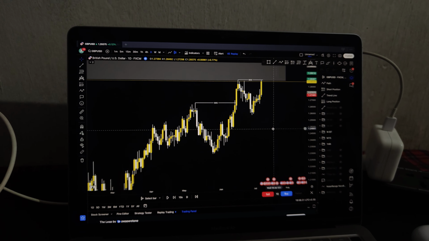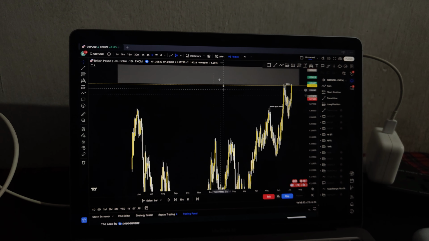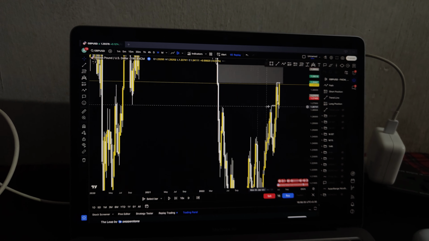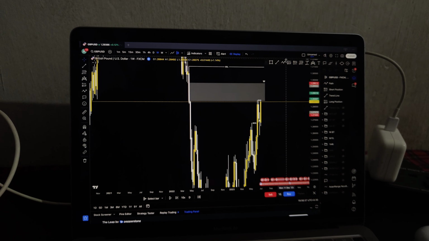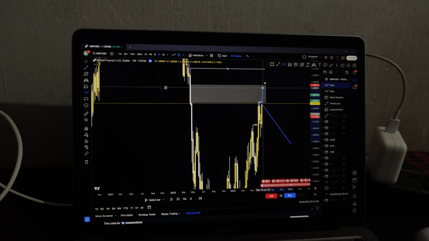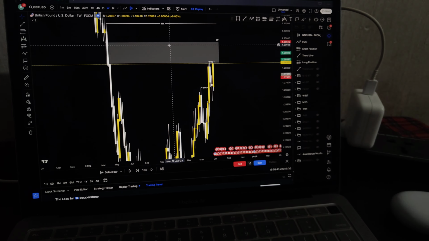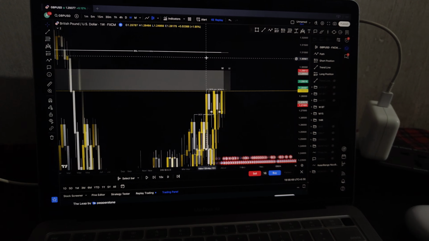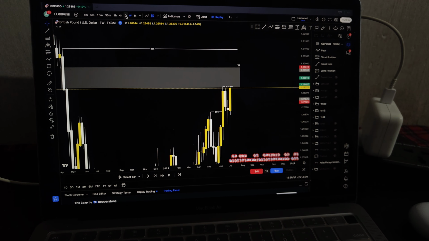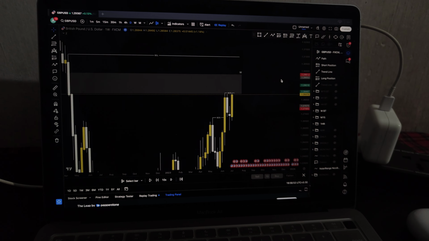Now if we go to the daily time frame, and also in the weekly, if we see clearly there is a weekly fair value gap as our target. So now we will target this weekly fair value gap, to fill up that weekly fair value gap. And our main draw of liquidity for the week will be this buy side liquidity. Whenever we are going up, we target the buy side liquidity, and whenever we are going down, we target the